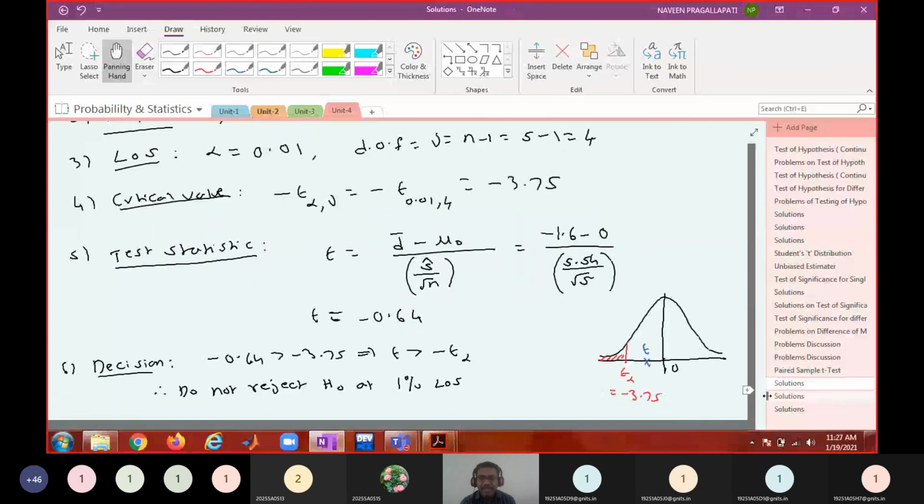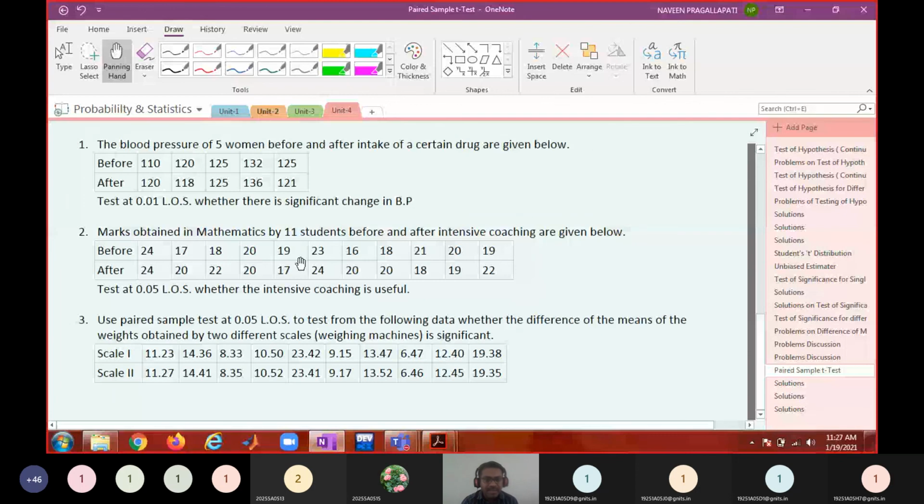So I will write down this solution and send it to you. And third one is in decimals. Okay, do this problem carefully. Okay, so please work out these two problems. I shall post the solution of the second problem, and compare your solution with the solution given by me. And if you have any doubts, you can discuss with me tomorrow.